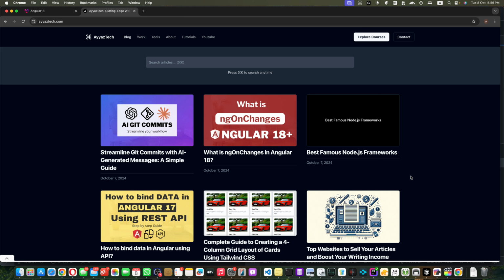Alright, first things first. What is Breakpoint Observer? Well, it's part of Angular's component development kit, also known as CDK. The CDK is like this awesome toolbox that gives you some really powerful components to build modern responsive applications without much fuss. Imagine you are building an app and you want it to adapt perfectly, whether someone's using a phone, a tablet, or a large desktop screen.